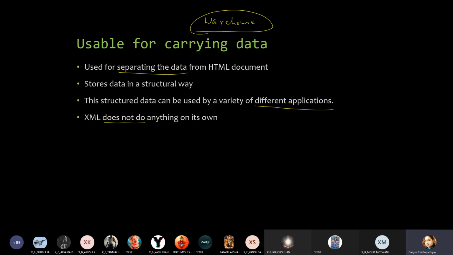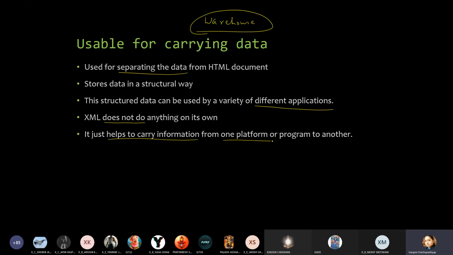But taking the data somewhere and all, or doing something, extracting data, it's not the job of XML, right? It doesn't do anything on its own. If it is used by any external application, then you will see some data being extracted. But for that, you need to learn some kind of programming or coding. Okay. It just helps to carry information from one platform or program to another. That's what I told you. It will only act as a storehouse of data.